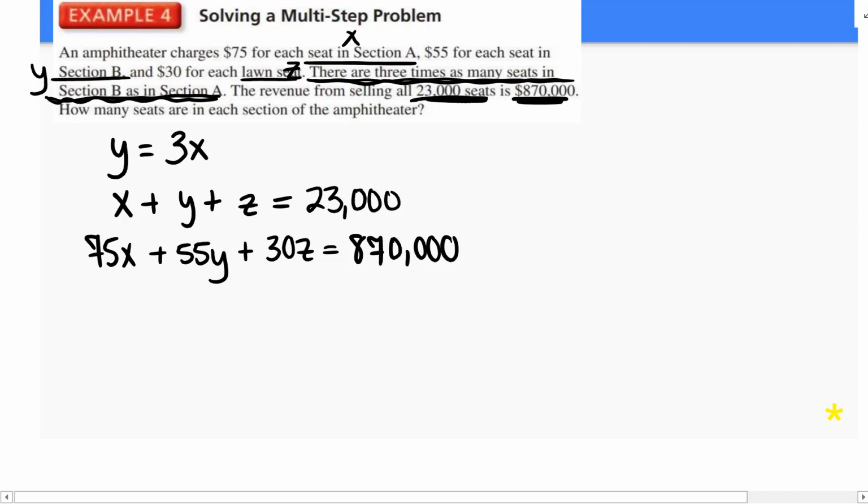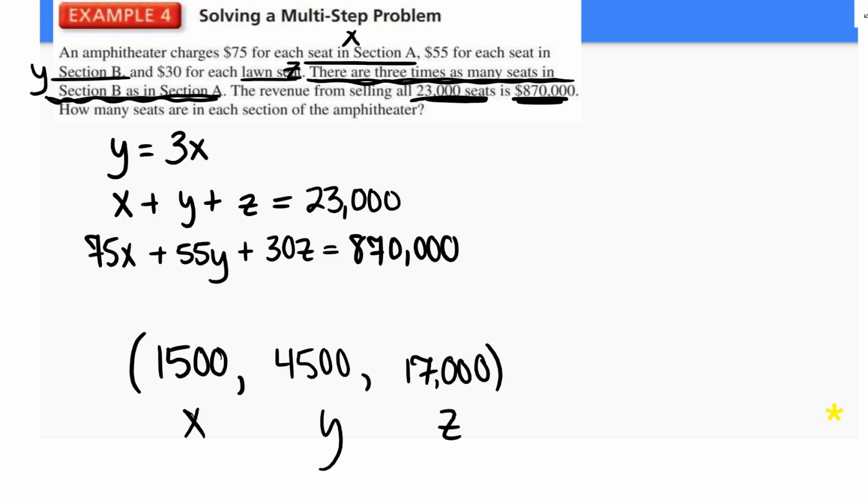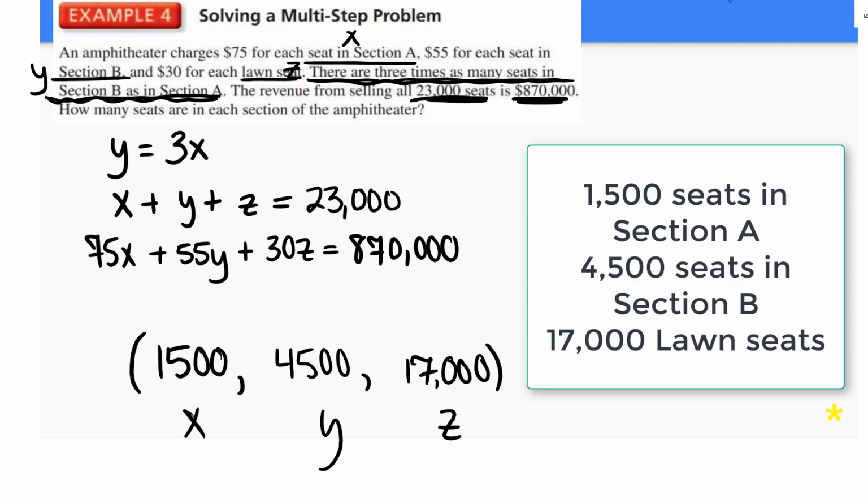So it's time to pause the video and solve this problem on your own. And your solution is 1,500, 4,500, 17,000 as an ordered triple. That means they sold 1,500 seats in Section A, 4,500 seats in Section B, and 17,000